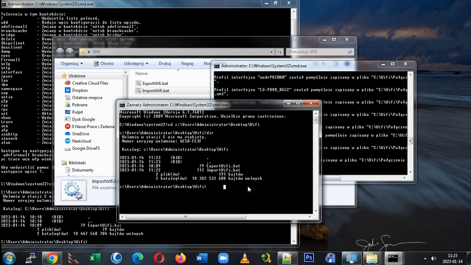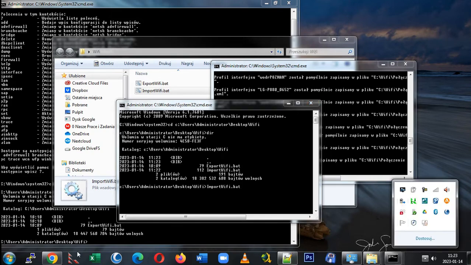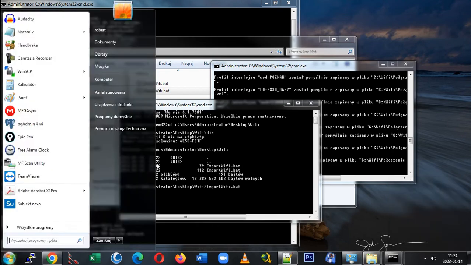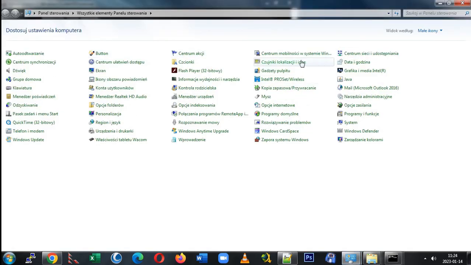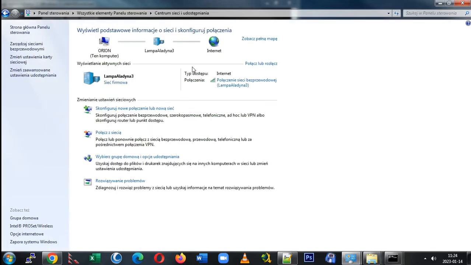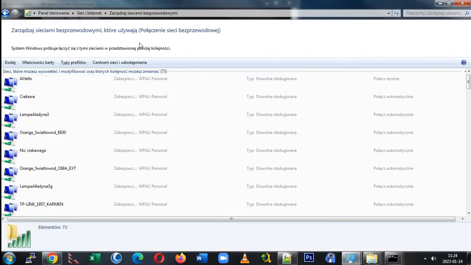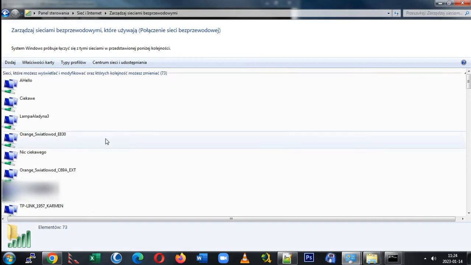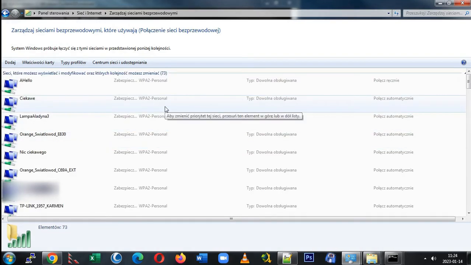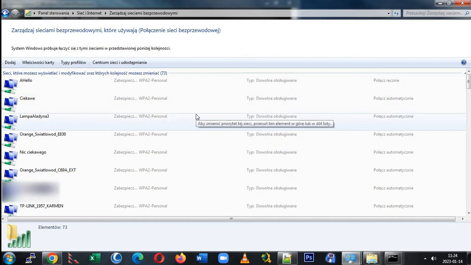And then when we execute this import batch file, we will see that our profile is in here with all, but we must do it differently when we want to import this profile in Windows